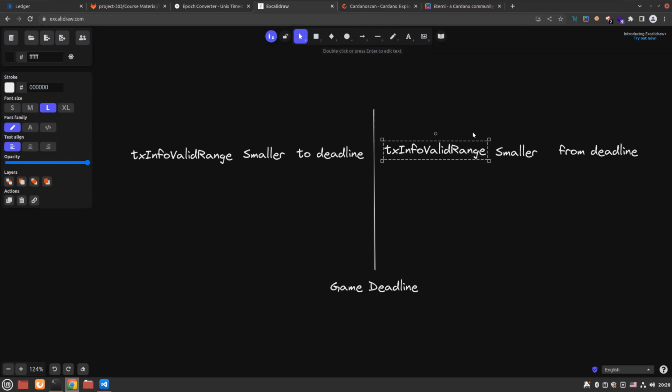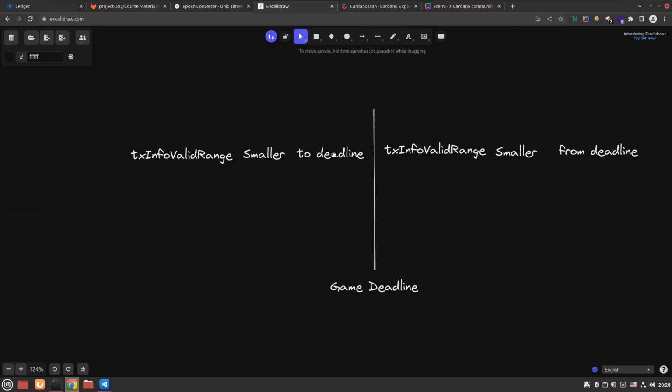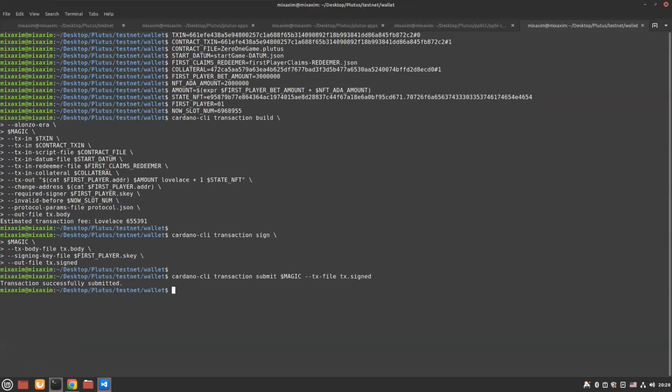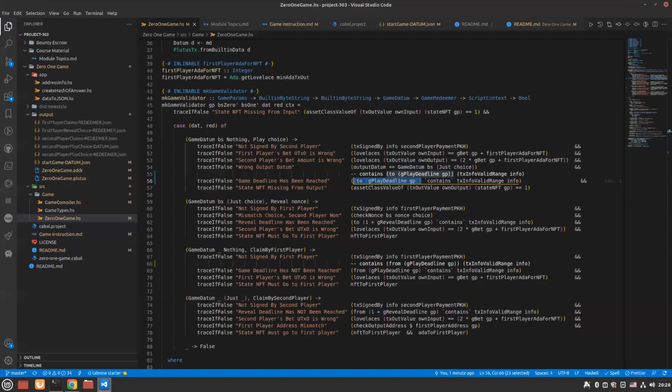I know it is confusing. To be honest, it was confusing for me too, and I don't know if I'm doing a great job explaining this, but the thing is, if you want to use a function or validate something before a deadline, we can go with this kind of function. And if you want to validate something after a deadline, you will go with this, which is saying that this